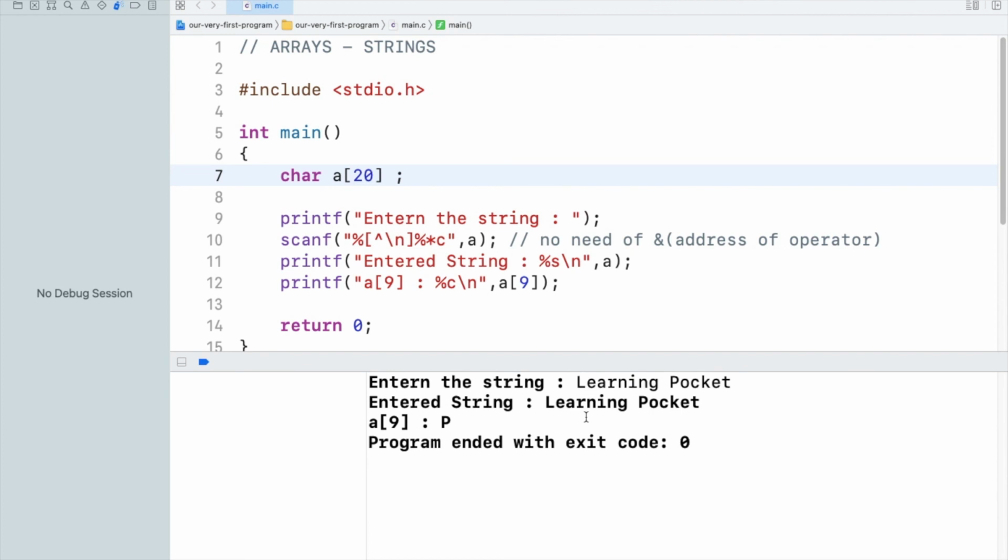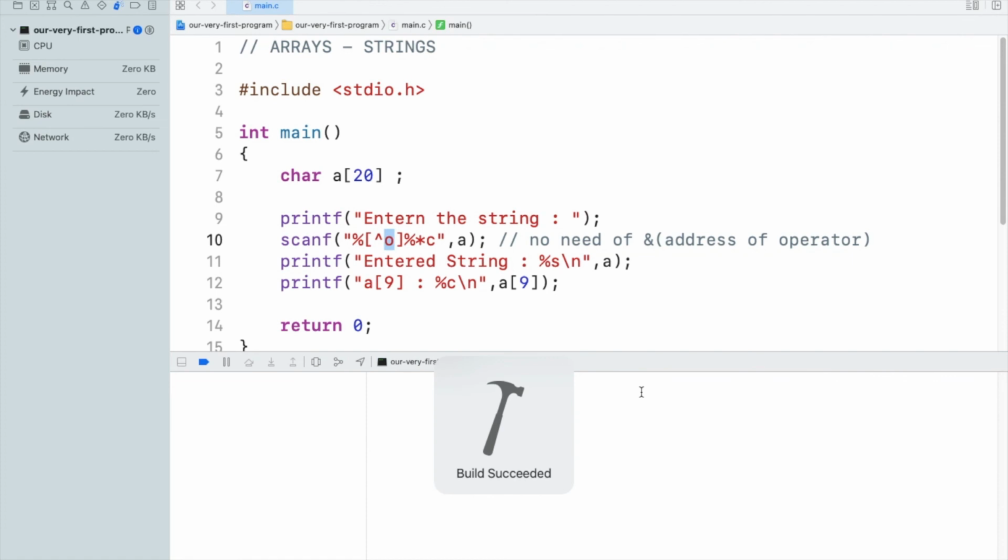So this was about how you can enter a string, and you can even use, now I'm going to use o, and if I specify o, then the scanning process for the string will work until o is encountered. I'm going to run the program and demonstrate this right now.